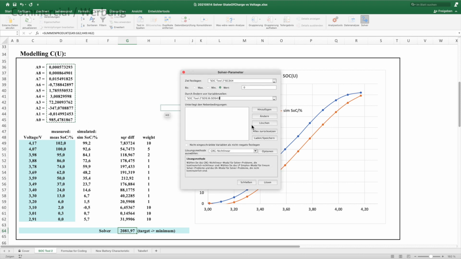In addition, I need to give you the following hints. First, don't tick this box, because this would prevent your variations from going negative. And second, choose the CRG method here, which is best for this kind of optimization problem.